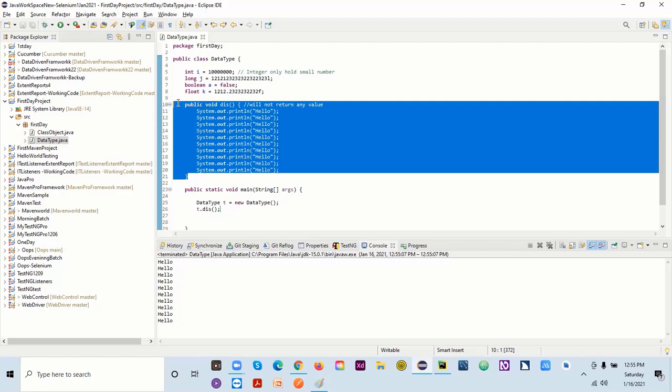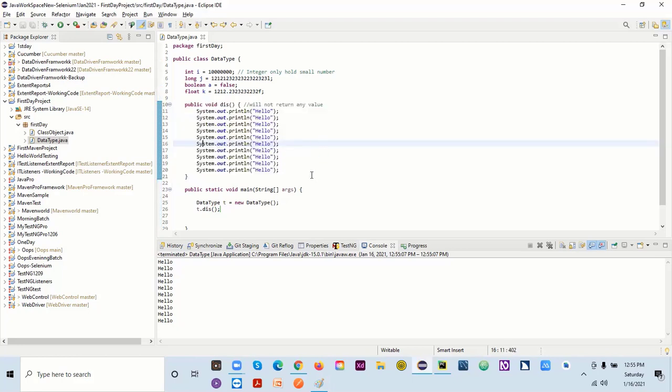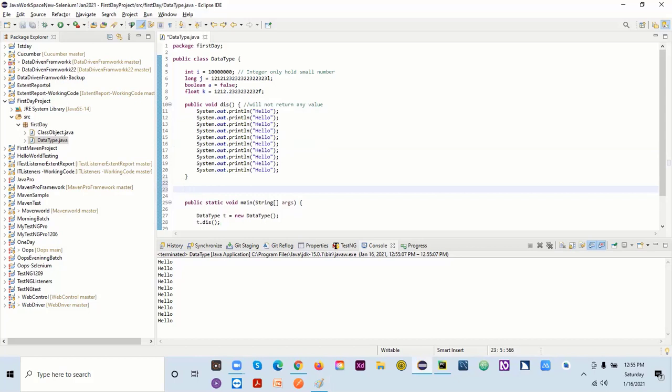When I say return type, let me explain here. Let's say you are doing 5 plus 4, which is 9. I want to use this 9 somewhere else. I just want to do 9 plus 4, which will be 13.